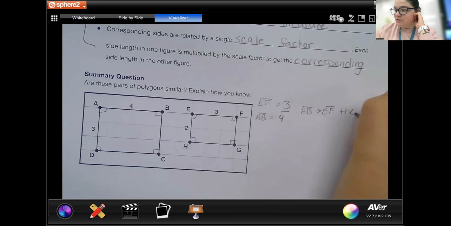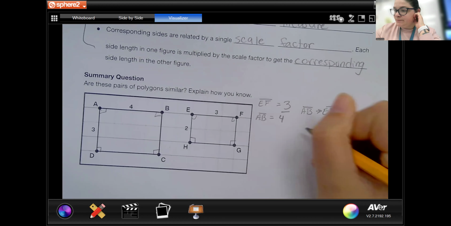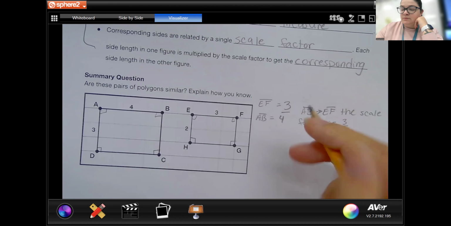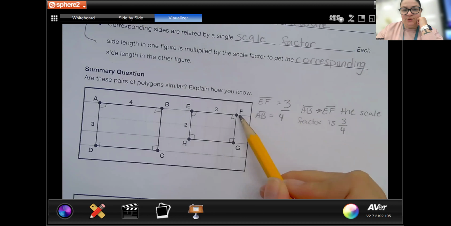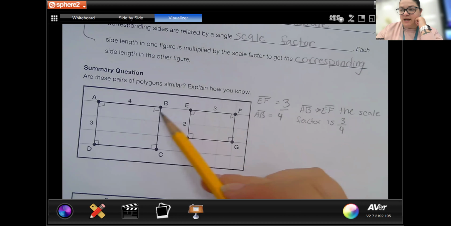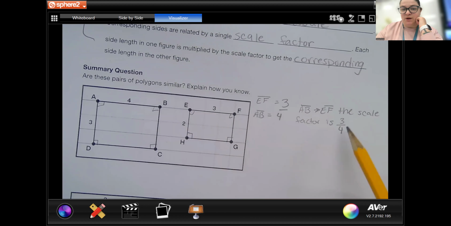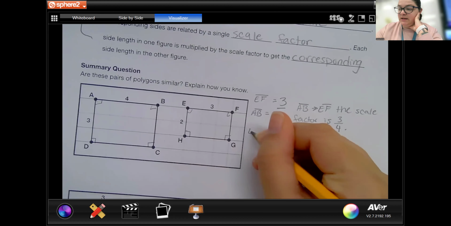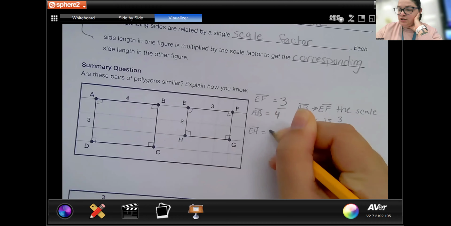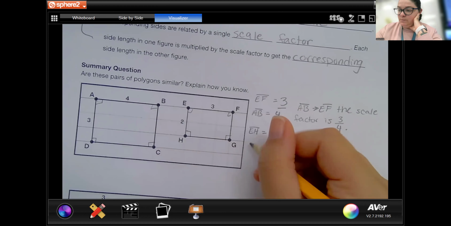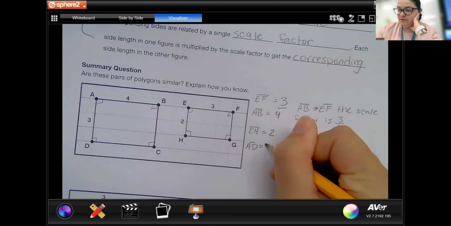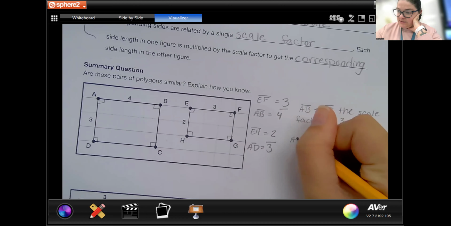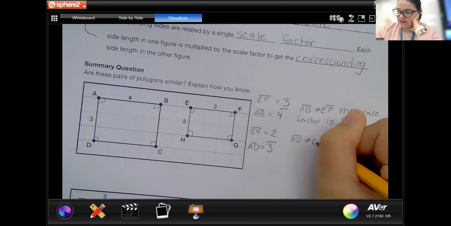The scale factor is 3/4. Okay, so I did the new side length over the original side length. I cannot simplify 3/4, so that is the scale factor there. Now I want to check my other side given to us. So if I look at EH, it is 2, and AD is 3, and put those over each other, we can say that the side length EH over the side length AD,